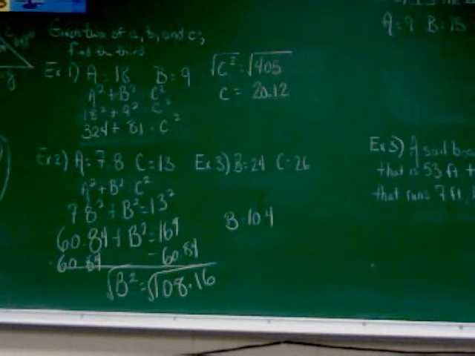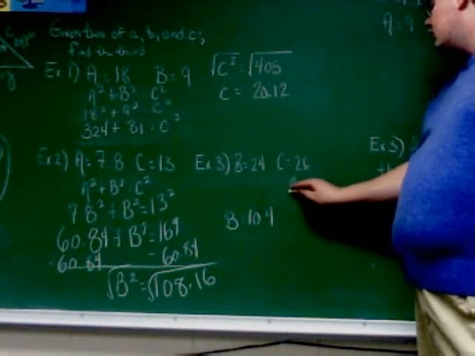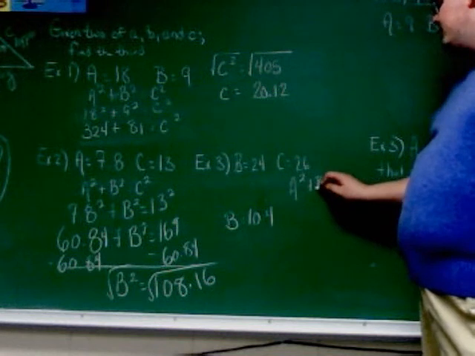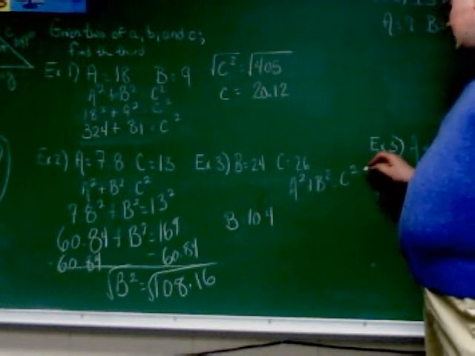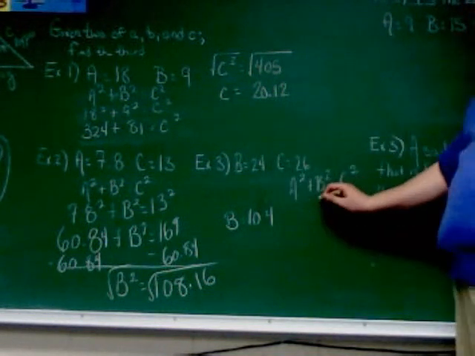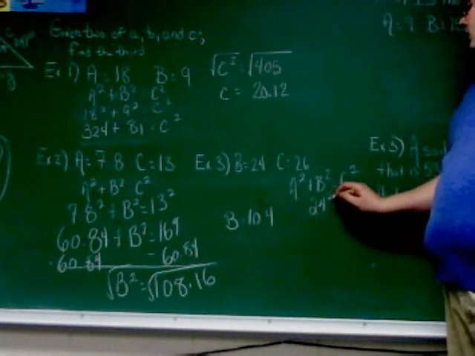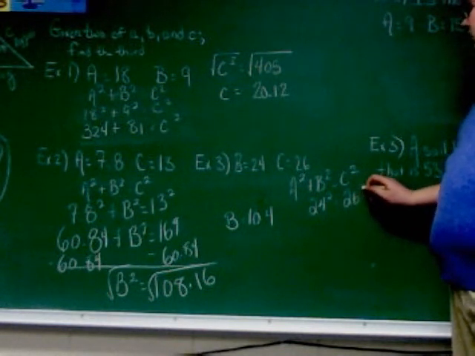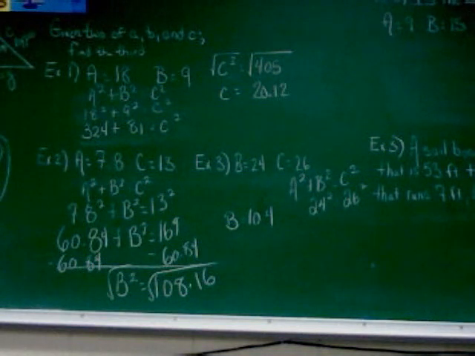All right, one more there. You can see this one's squeezed in right next to it. b equals 24 and c equals 26. So obviously in this one, we're going to be fishing for a here. So, write out my formula again, just like I've started every other problem. b is going to get changed into 24. c is going to get changed into 26. As far as a squared,